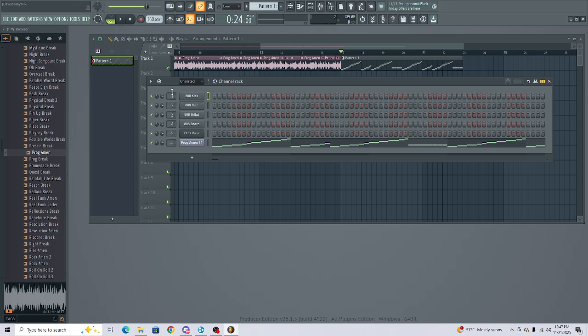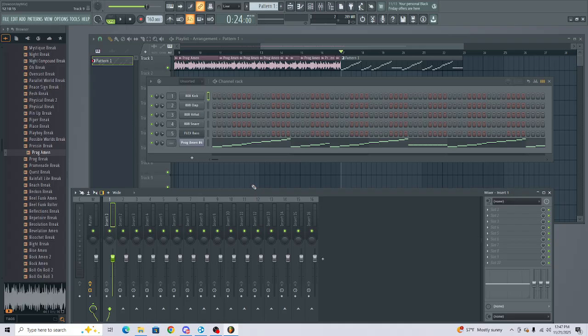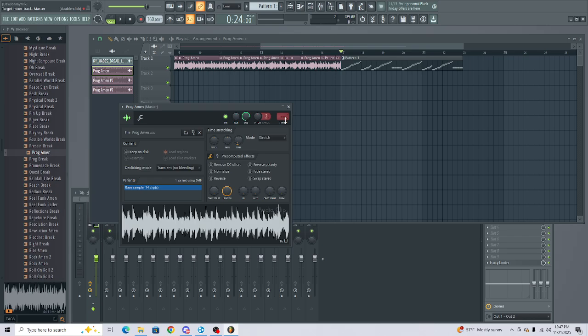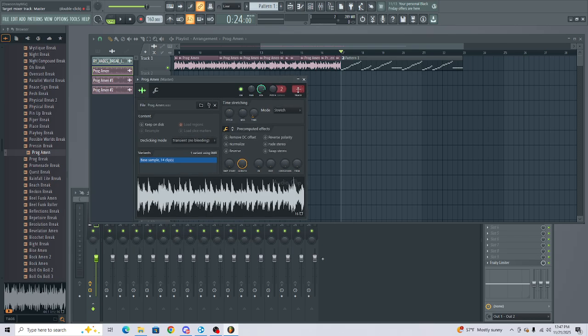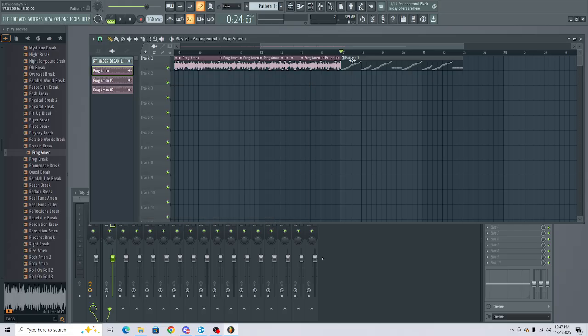Now you may be asking yourself, what are these numbers here next to the sounds, and why doesn't our Amen Break have one? Well, that is the mixing board. The mixing board is actually where all of your sounds come from. This is the sound output. It's where the sound comes out of. So you have your instruments, you have your audio files, or your audio tracks, and even those you can assign to a mixing channel. So I'm going to go ahead and assign this break to the number 1, and then